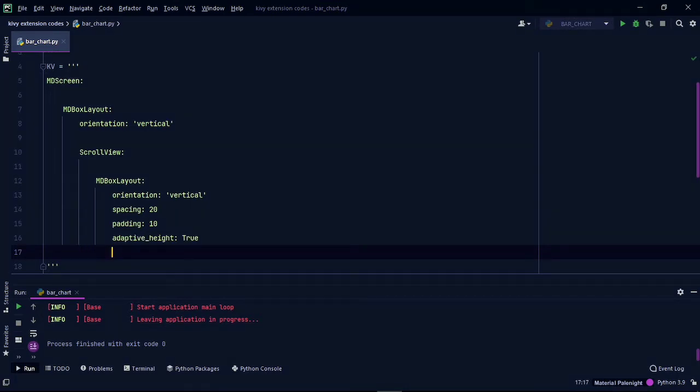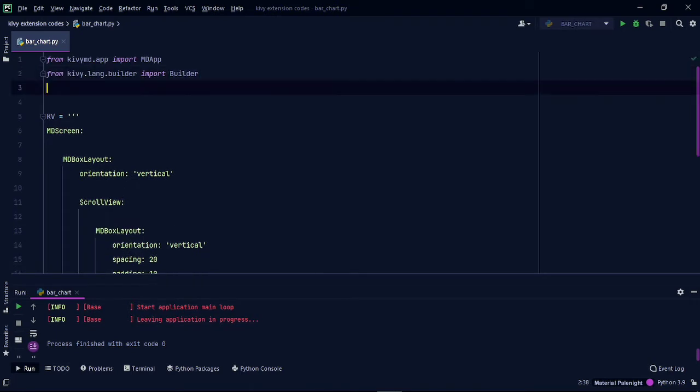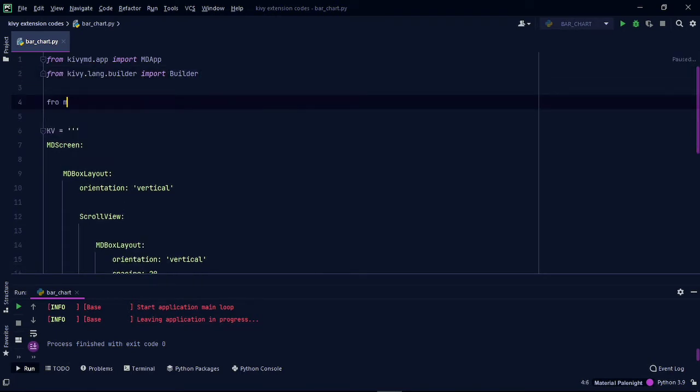So far, we have made the container in which we can add the bar chart widget. We need to import AKBarChart from the KivyMD extension library.